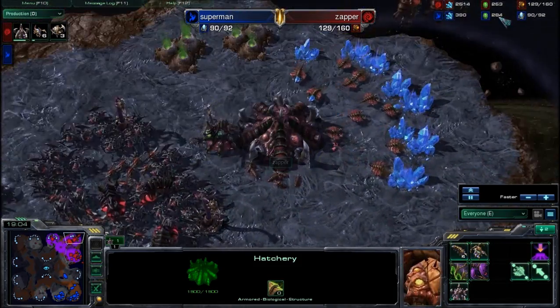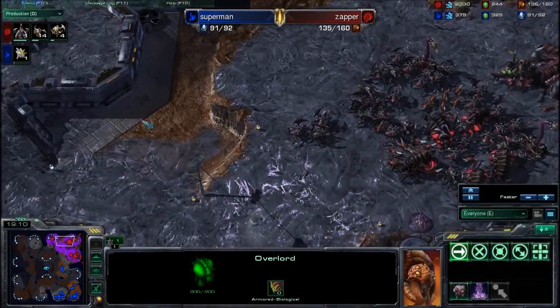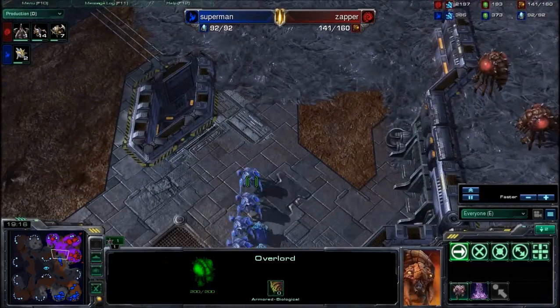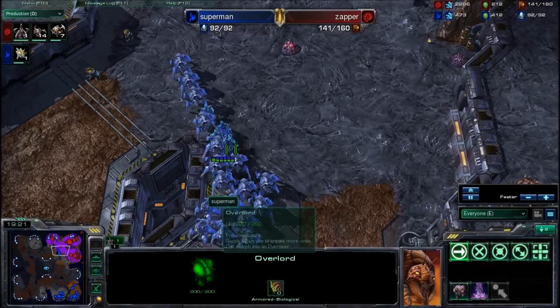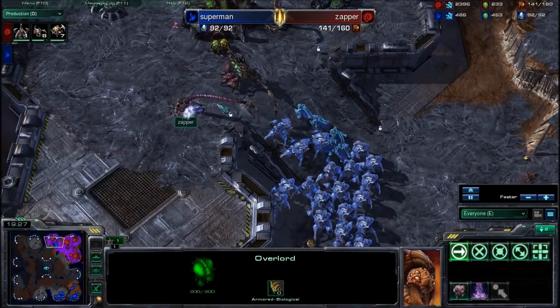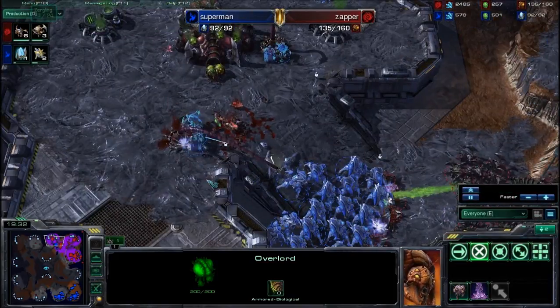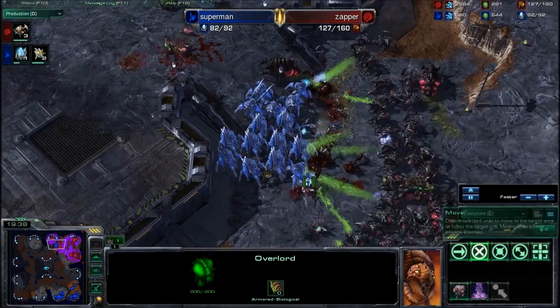Will Zapper, or does an Infestation Pit allow for Overseers? It indeed does, so let us see if Zapper is able to get an Overseer in time before this final push, presumably final, as Zapper is just heavily outpacing Superman in terms of economy. So now he pushes on Zapper's second expand here, and the Dark Templar will have to be microed efficiently,